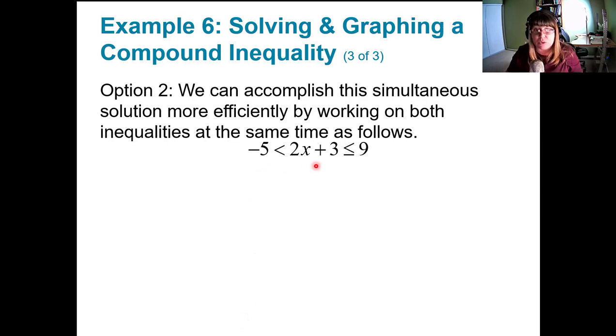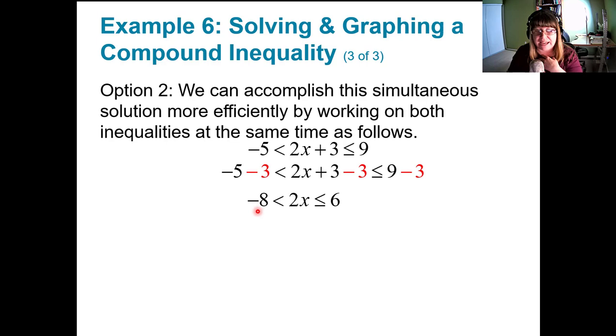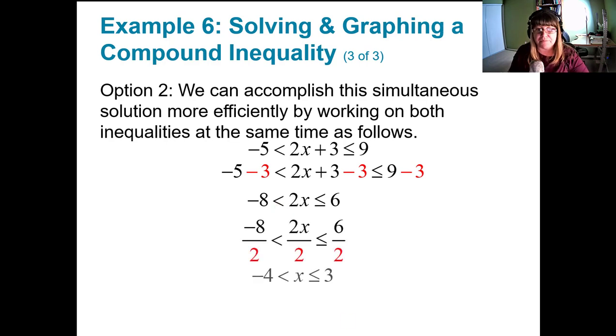Negative 5 is less than 2x plus 3 is less than or equal to 9. I'm going to subtract 3 from all three sides, left, middle, and right. Now I have negative 8 is less than 2x is less than or equal to 6. Now the next thing I have to do to get x all by itself is to divide by 2. But if I divide the middle by 2, I have to divide the left and the right by 2 as well. So let's divide everything by 2, and we get negative 4 is less than x is less than or